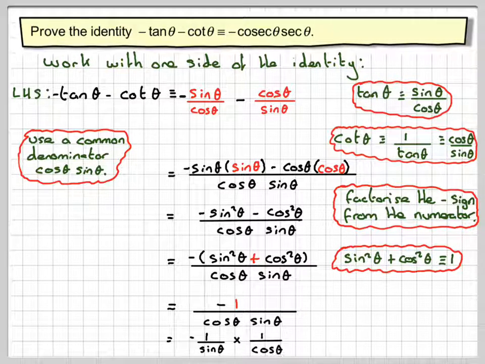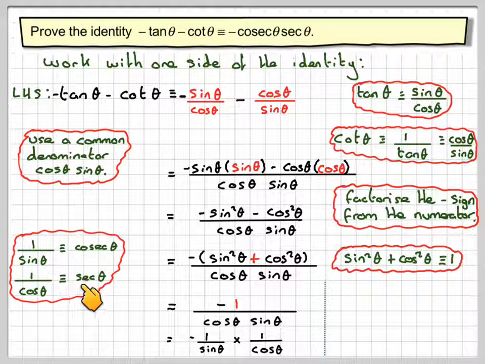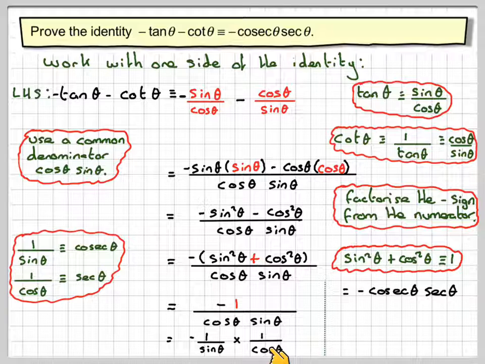1 over cos theta. Now 1 over sine theta is equivalent to cosec theta, and 1 over cos theta is equivalent to sec theta. So I'm going to have minus cosec theta from here times sec theta from here. And that's what I had to prove, so I've got back to the right hand side, therefore I've proved the